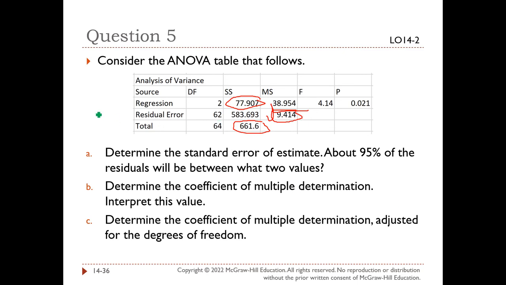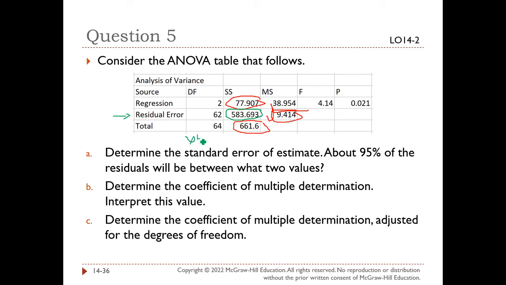Let's go with green. So to do the residual, first we look at the residual error to find the coefficient of multiple determination adjusted for degrees of freedom. So basically R squared adjusted. We take SSE, which is 583.9693,